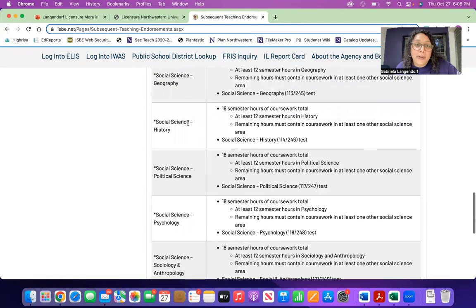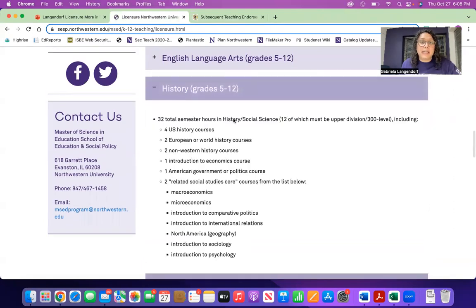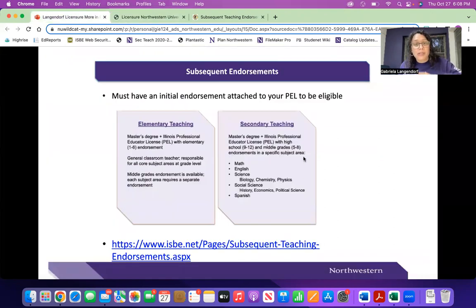Say, for example, your initial endorsement is in history, right? You completed all the content area coursework requirements, you completed a full program in social science history, and you want to also have an endorsement in another social science, say perhaps political science.